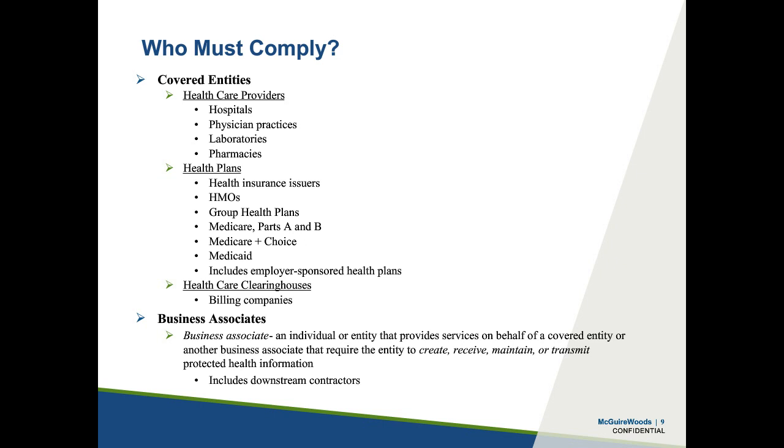And under HIPAA, there are 3 classes of covered entities: healthcare providers, which are your typical hospitals, laboratories, pharmacies; health plans, so health insurance issuers, Medicare Parts A and B, Medicaid, employer-sponsored health plans; and then healthcare clearinghouses, which are typically billing companies. If you're not a covered entity, you may be a business associate of a covered entity, and